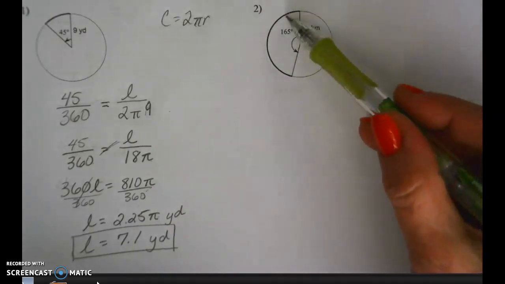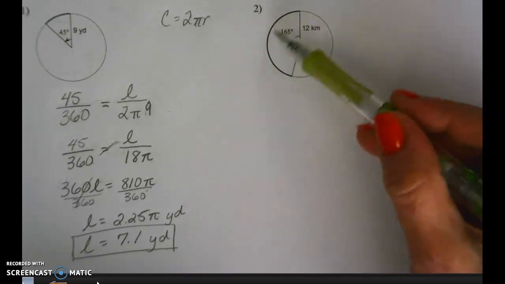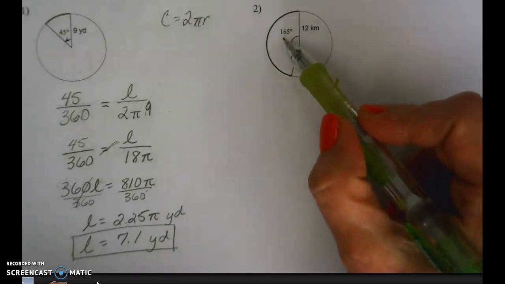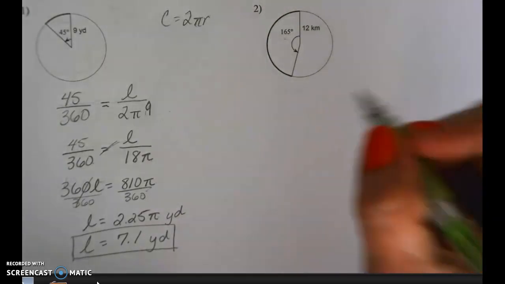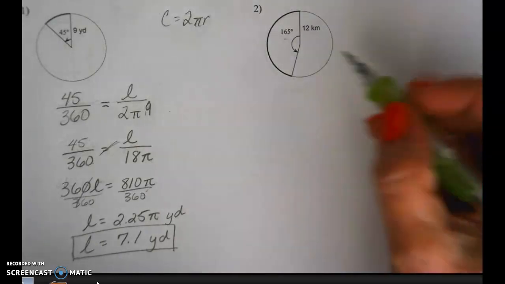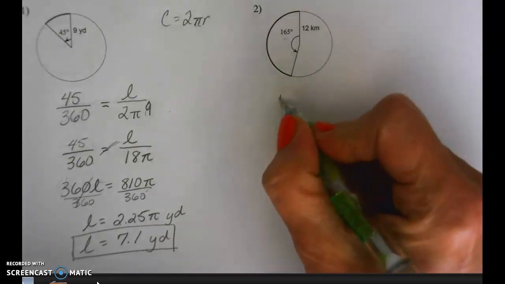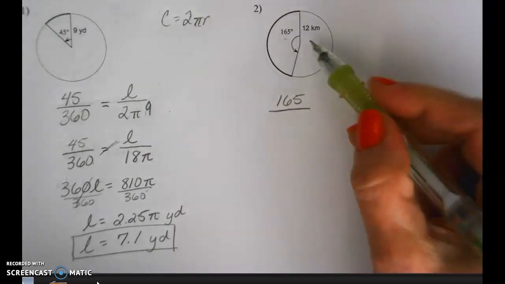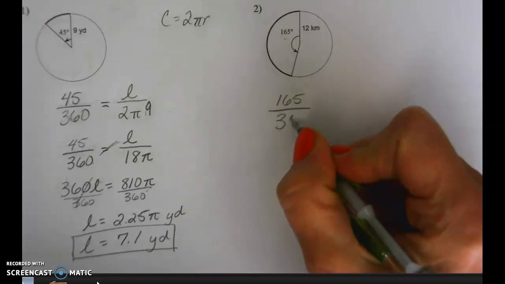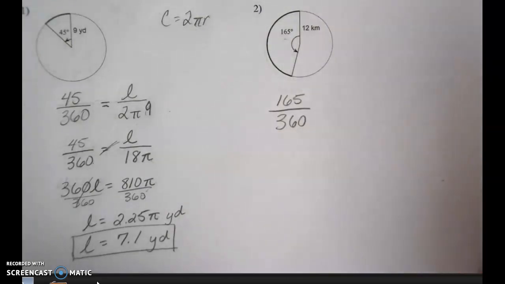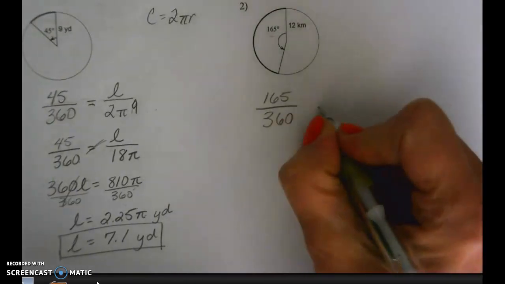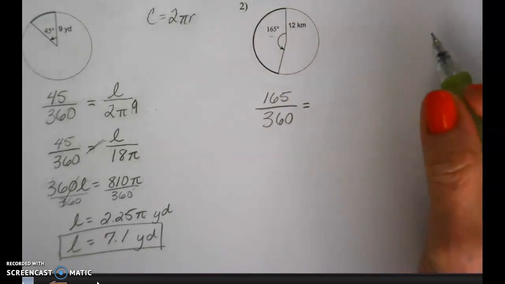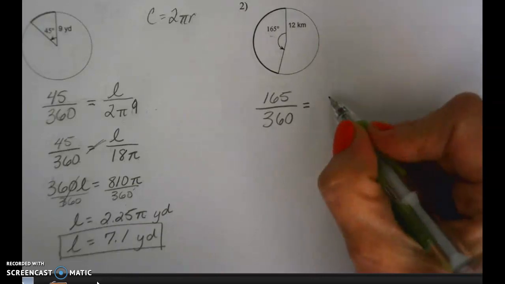We are finding this large arc measure or arc length, and we're going to use the same proportional statement, the central angle, and it's okay if it's over 90. It's okay if it's over 180 degrees. Whatever the degrees of the central angle is, 165. We're going to write a ratio comparing the 165 degrees of the angle to the 360 degrees in a circle. And we're going to set that equal to or in proportion to the ratio of the arc length